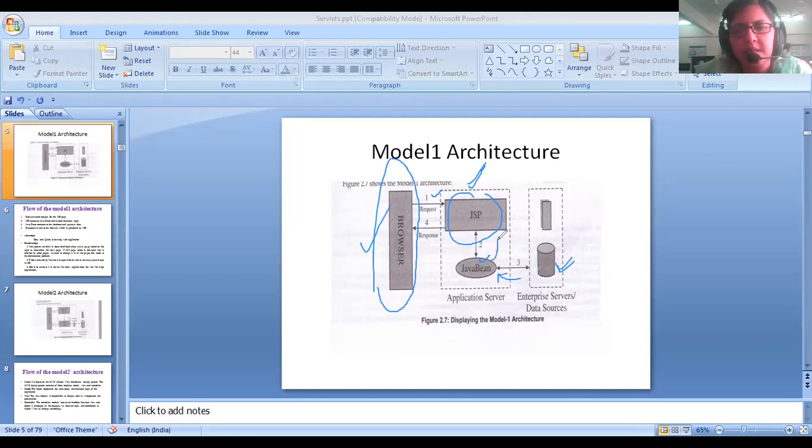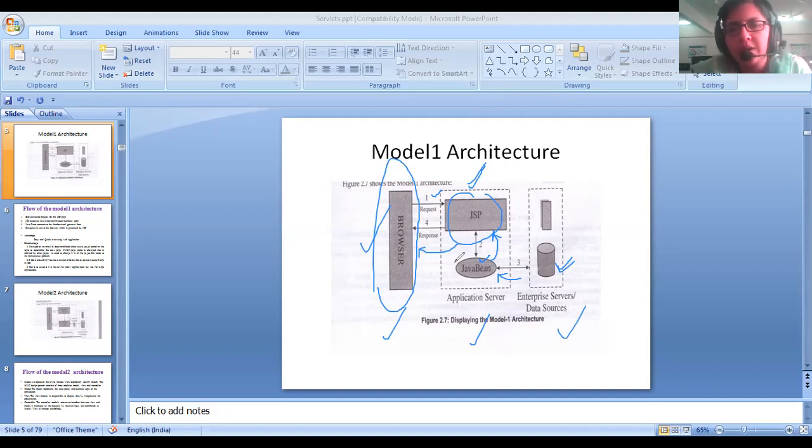From the Java Bean, the response is given to the JSP. JSP will form the particular HTML page, and the response is finally given back to the client. So this is how typically the model one architecture works. If you see here, we have three important components inside this architecture. This is called tier one. This particular component is called tier two, and this is called tier three. So this is a very fundamental example of three-tier architecture, where we have the browser, which is the front end, JSPs, which are doing the business logic along with the Java Bean, and it connects with the data source.